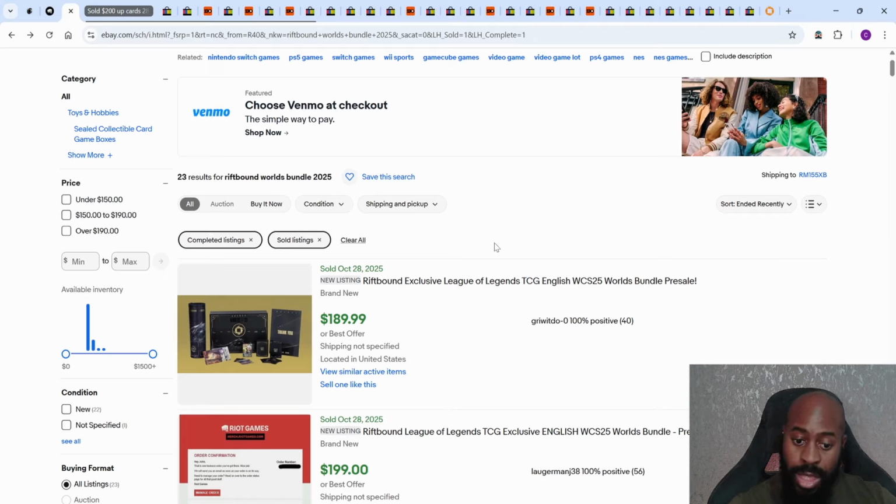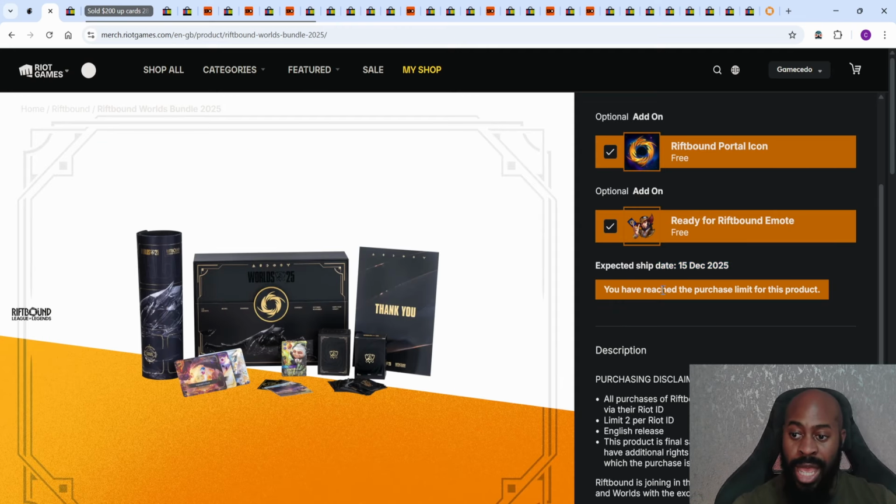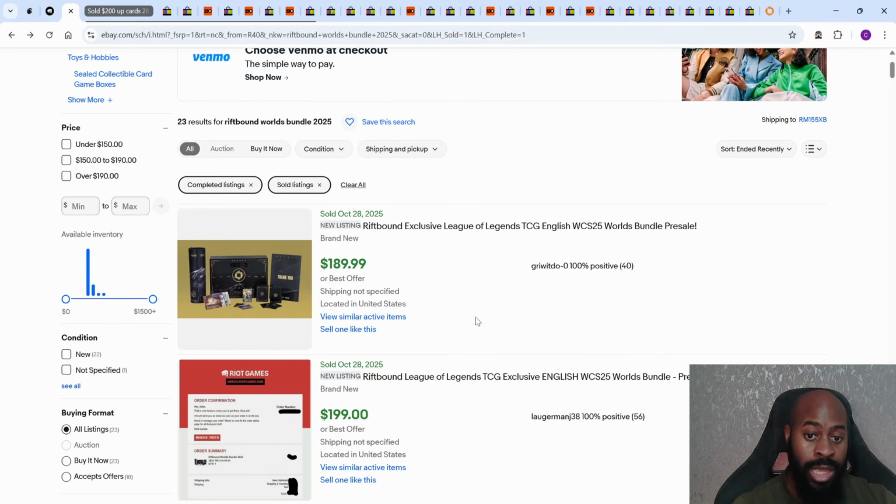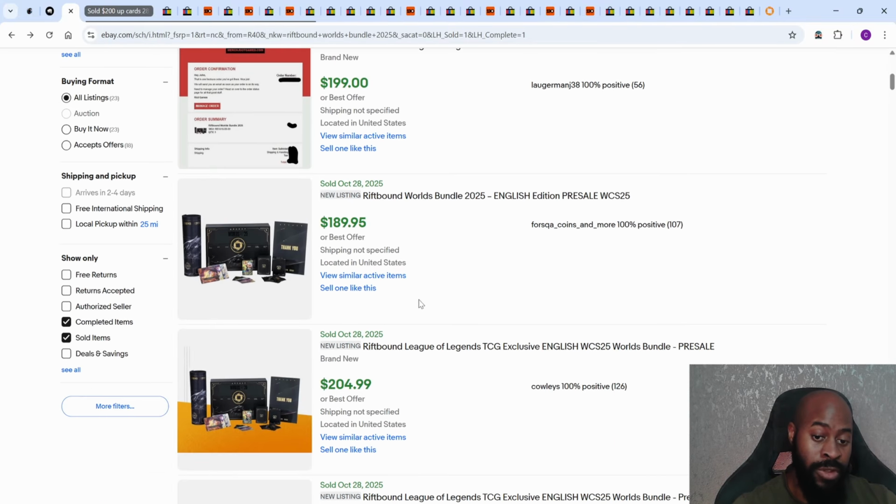So it was successful, the Worlds release. I say that, but in the US it sold out in 40 minutes, whereas in Europe I'm pretty sure it is still available. I could be wrong. I can't actually check, as I'm logged in and it says I've reached the purchase limit. If I try to log out, it won't show me if it's in stock, it just says login. So it could be in stock still, but for America it was out of stock within 40 minutes. So what we are seeing immediately on the secondary market are people purchasing it for double the price,